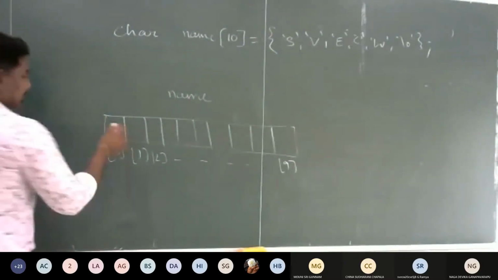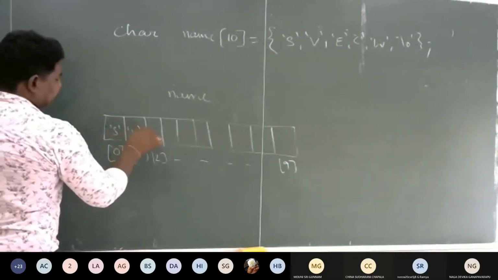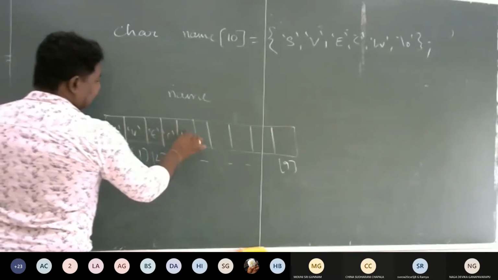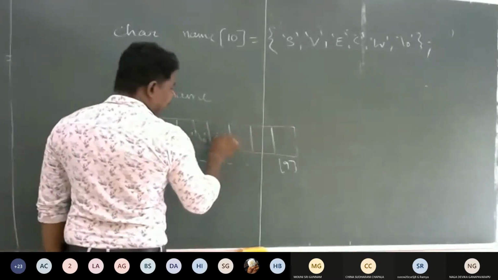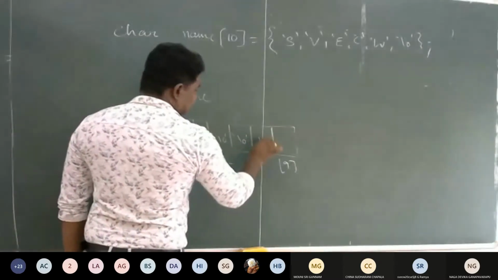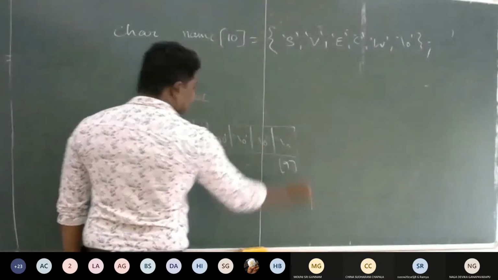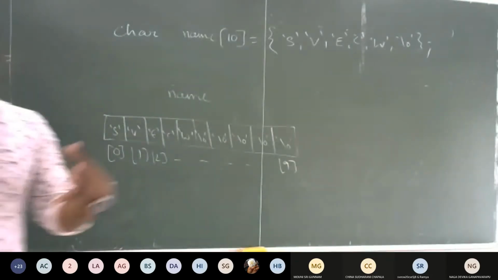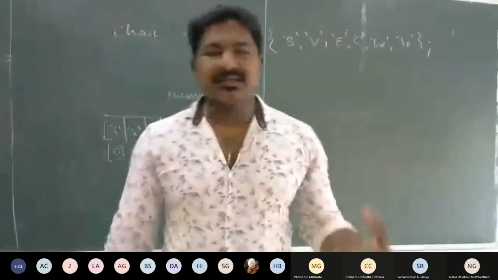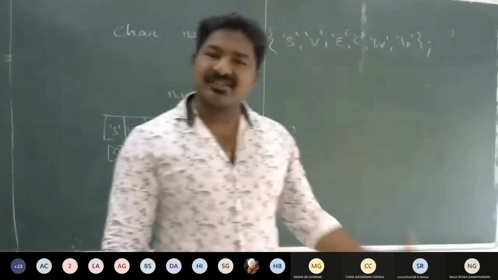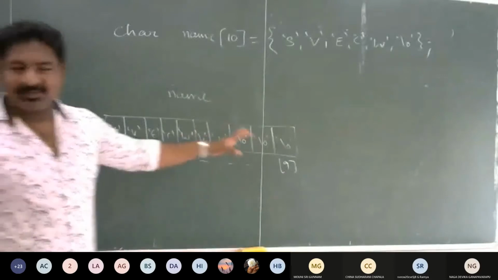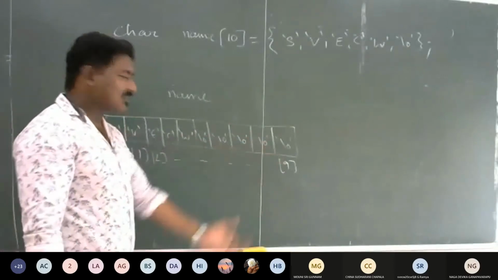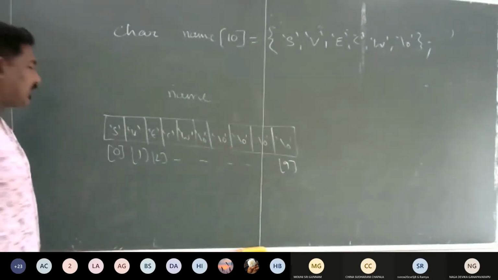The string stored here is svecw, with a slash 0 after it. All 4 unoccupied positions will be filled with slash zeros. By default your system does that. In the case of integer arrays, uninitialized elements are filled with zeros, but in character arrays, uninitialized elements are initialized to slash zeros. This is how your string can be created.